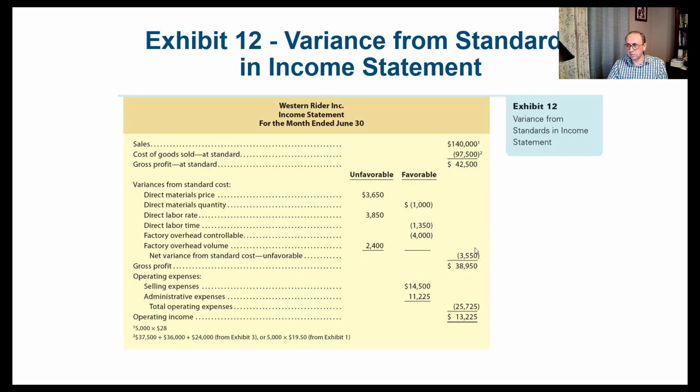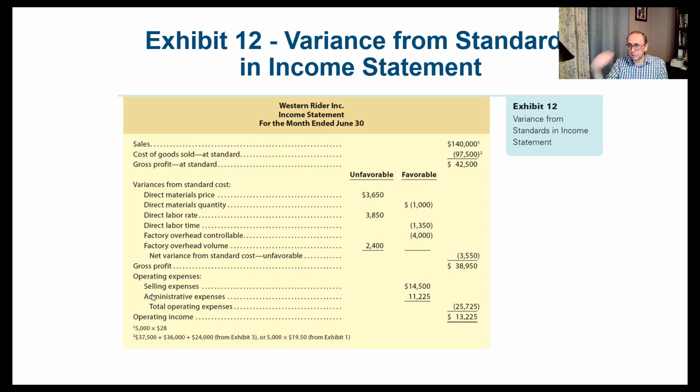And in this case, since it's a negative value, it's actually a positive value because the unfavorable here turned out to be higher than the favorable. It turned out to be a positive value, so that's considered to be unfavorable. The reason we put it between parentheses here is because we want to subtract it from the 42,500, and that will give us the gross profit. So